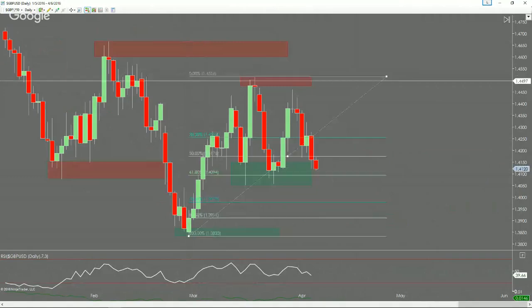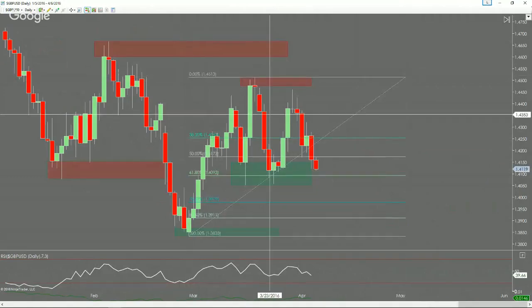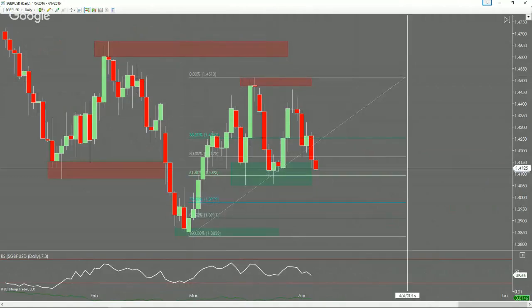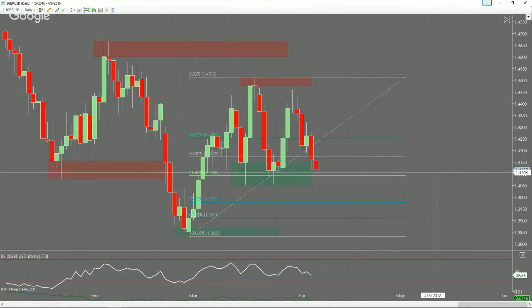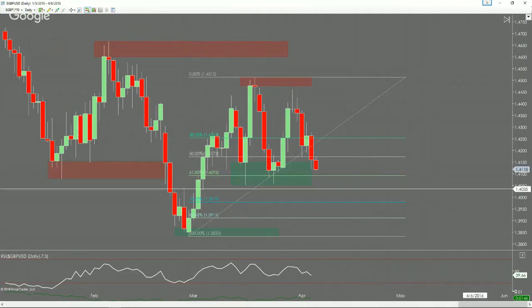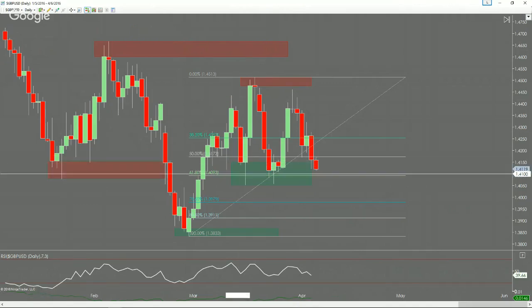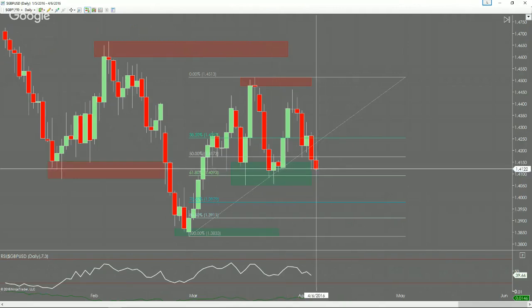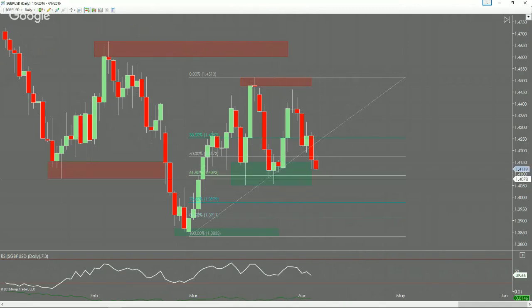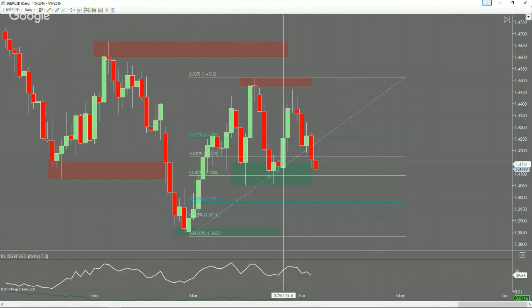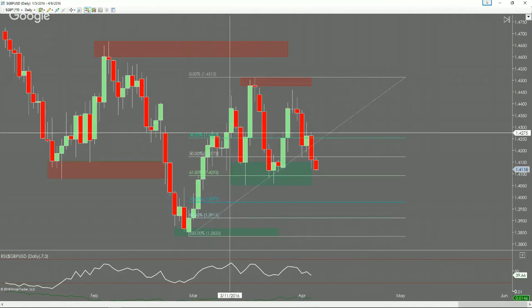We could have a pattern to complete also right here. Now, this is also a little bit harder to accomplish because we do have that even handle number right there, and it looks like it had been respected previously by this one right here and this one right here, this test, and then this test right here. So we could do the same thing, just test it and respect that level,